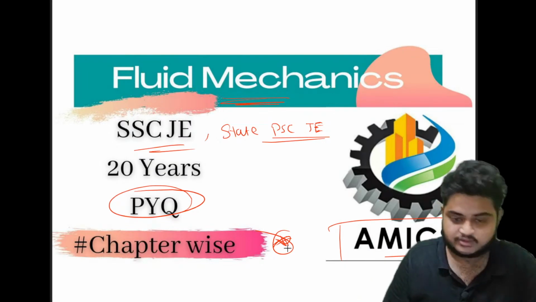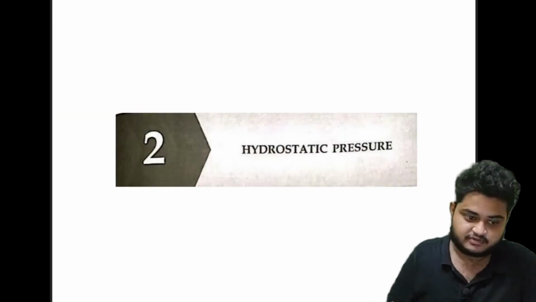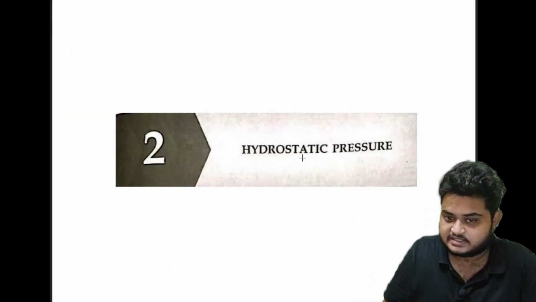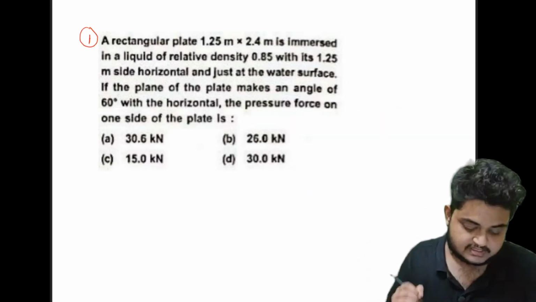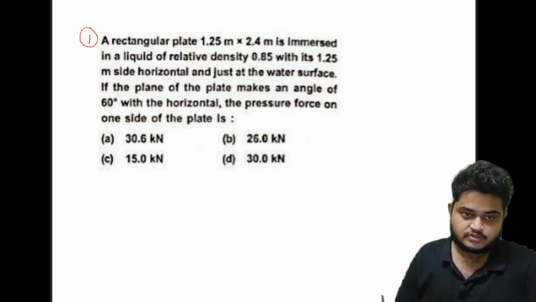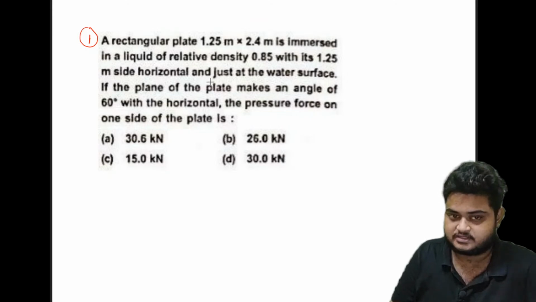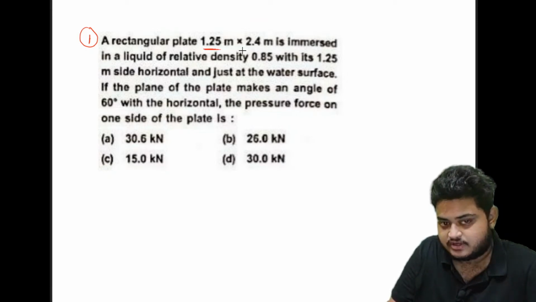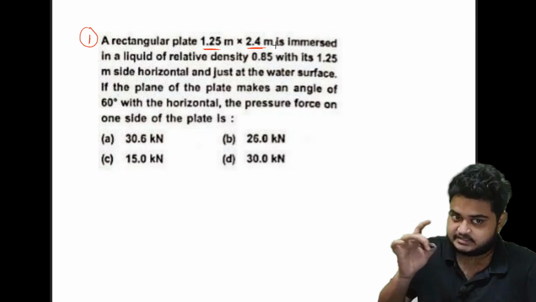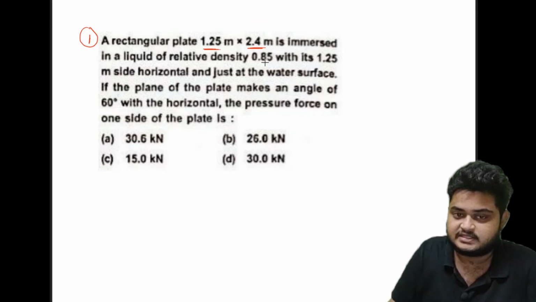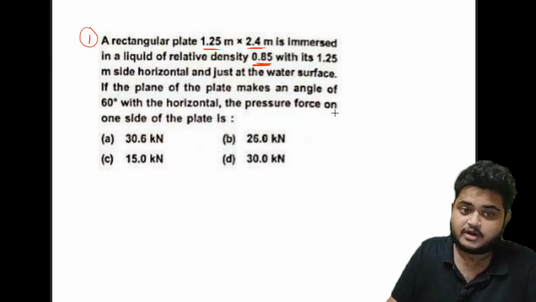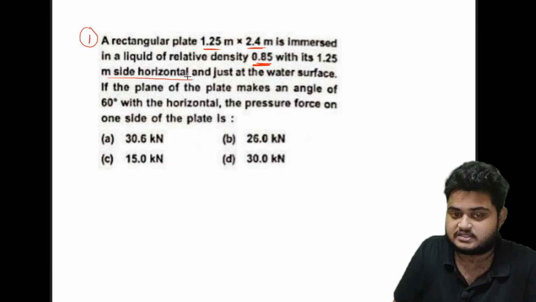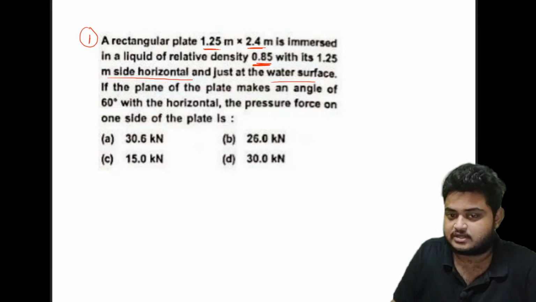So let us start with the first question of the second chapter, that is hydrostatic pressure and pressure measurement as well. So this is the first question of today's class. The question is saying that a rectangular plate of dimension 1.25 meter by 2.4 meter is immersed in a liquid of relative density 0.85, right? And with its 1.25 meter side horizontal, okay, and just at the water surface,